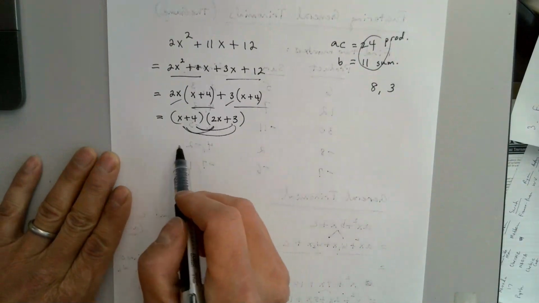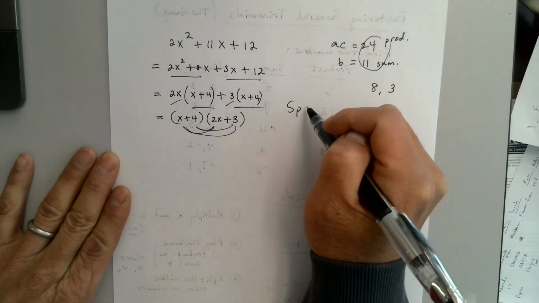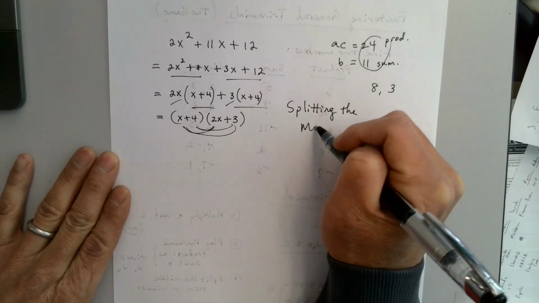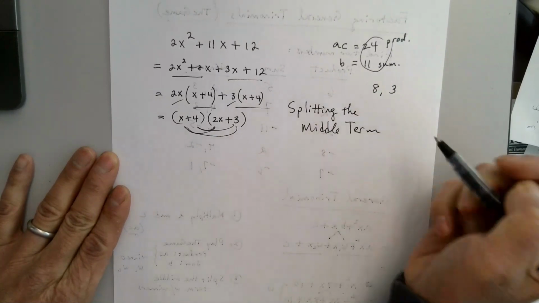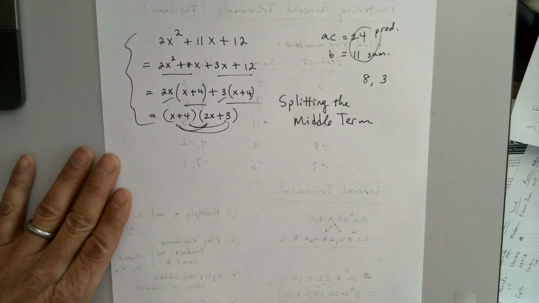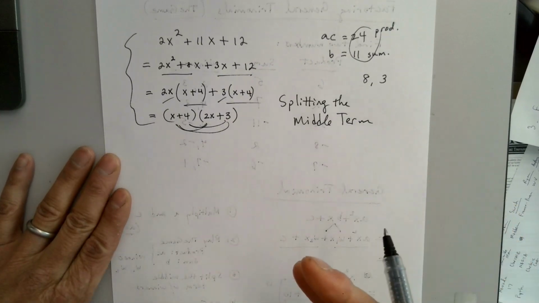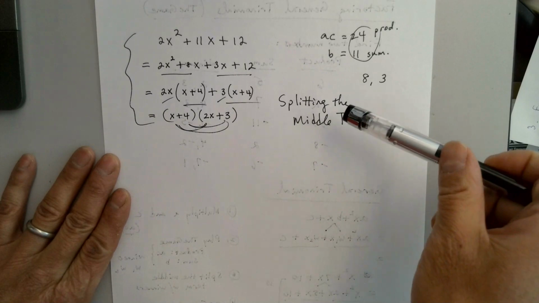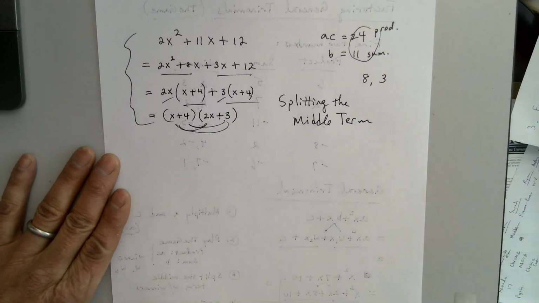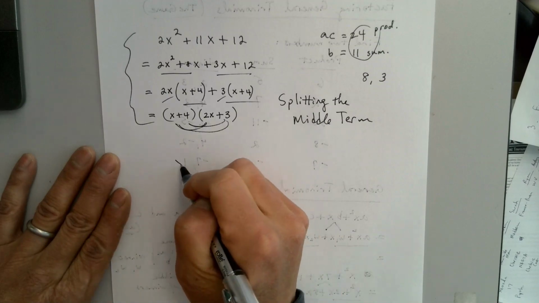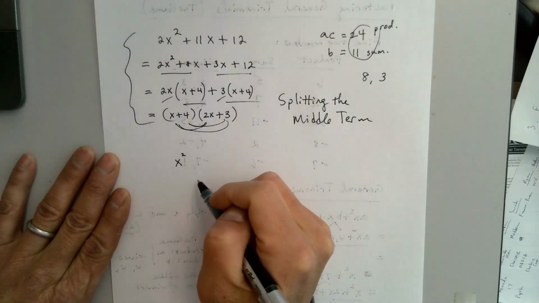Okay, so that's factoring trinomials. You may also hear me refer to this method as splitting the middle term. So when I say split the middle term, I'm talking about this multi-step process. Will all trinomials factor like this? Yes, all trinomials that are factorable, you can use this method on. For trinomials that are not factorable, that are prime, then of course this won't work. In fact, if you try to factor using this method a trinomial that is prime,